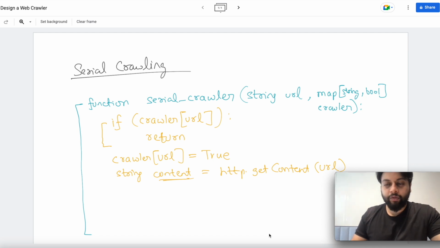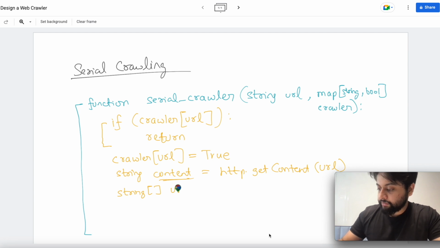How it can be done is that you can build your own child method for this using some string pattern matching technique to pull all the URLs present in the content. It could be a good problem to solve. You can try writing your own method. This method should give us a list of strings, which we can call URLs. We can call this method getChildURLs, and it takes the content and gives all the URLs